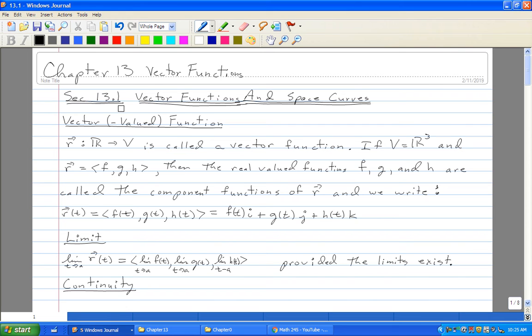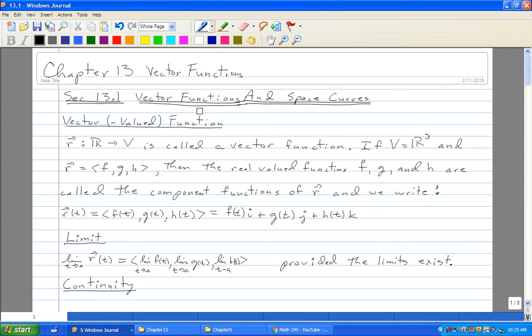Section 13.1 Vector Functions and Space Curves. So, in Calculus 1, you looked at one function of one variable. In this chapter, we're going to be looking at several functions of one variable. And so,